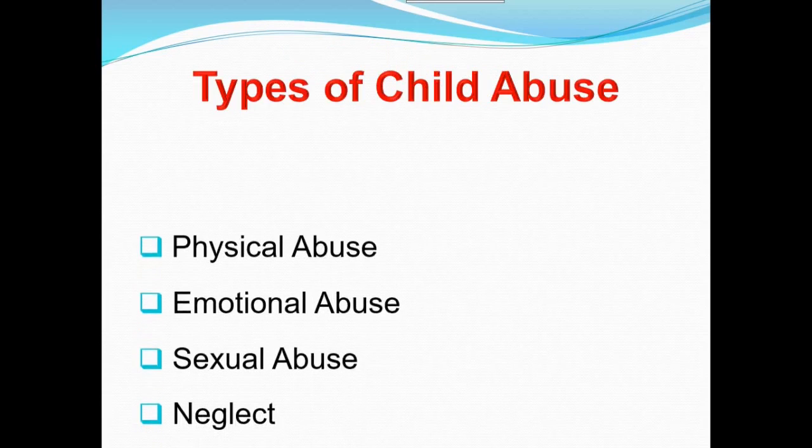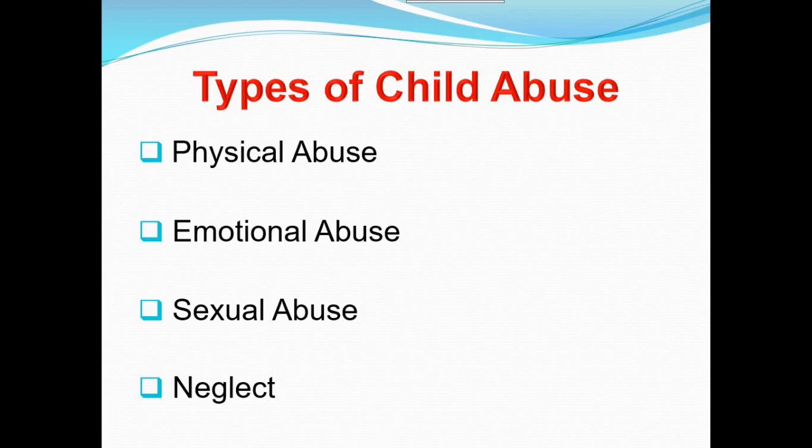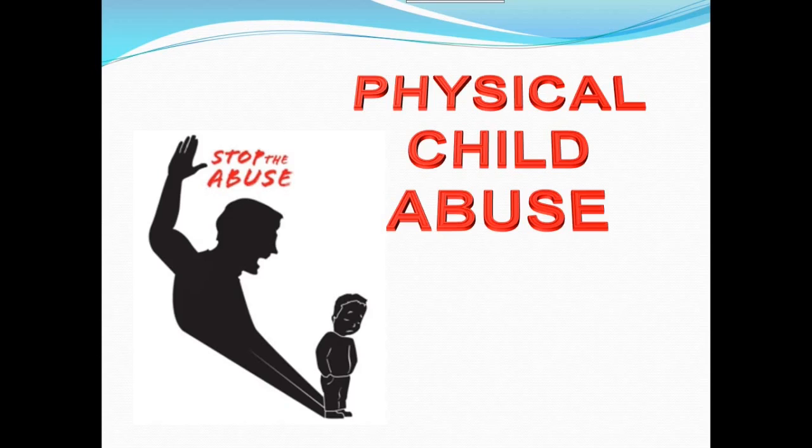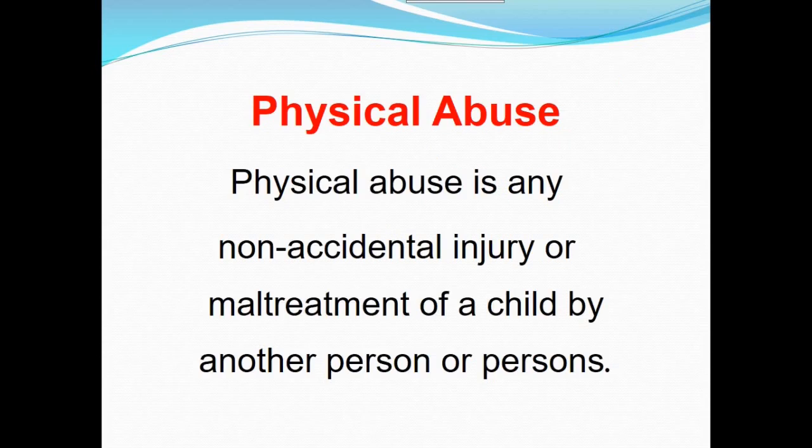So there are 4 main types of child abuse: physical, emotional, sexual, and neglect. So remember that physical abuse is non-accidental injury or maltreatment of a child by another person or persons, often involving some kind of physical bruising or some kind of physical harm, because physical abuse can still happen without leaving a visible mark. So this can be things like hitting, beating, kicking, shaking the child, biting, strangling, burning them, poisoning them,